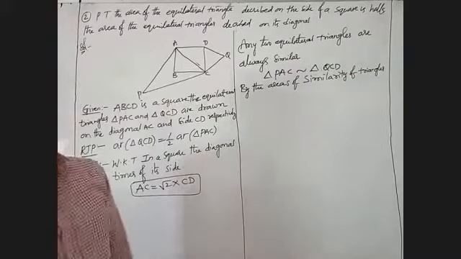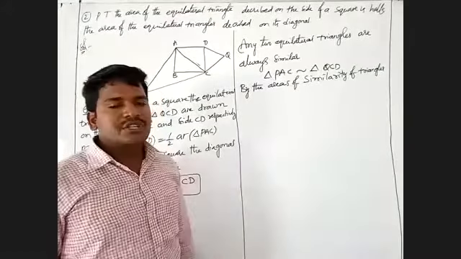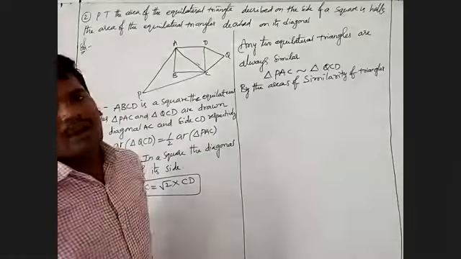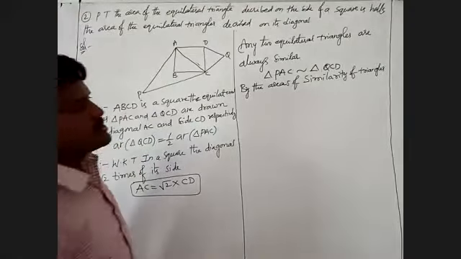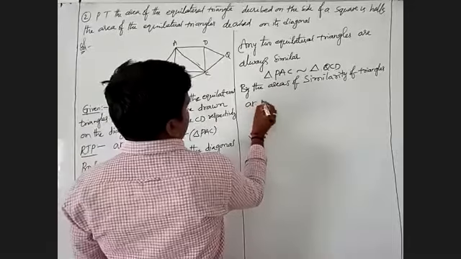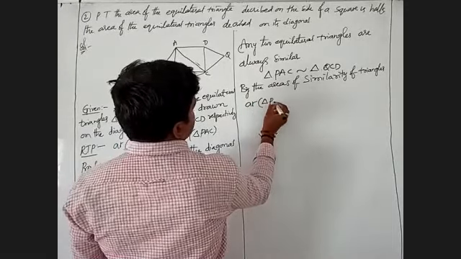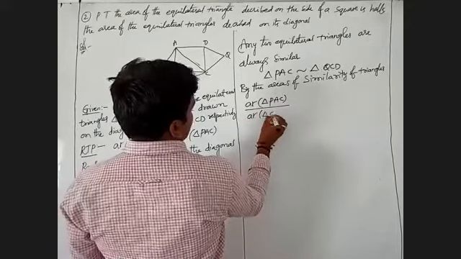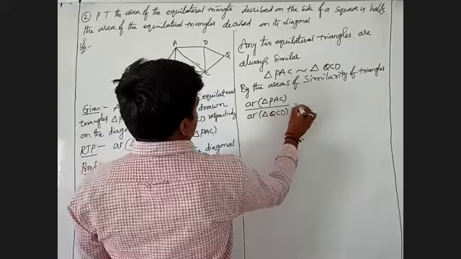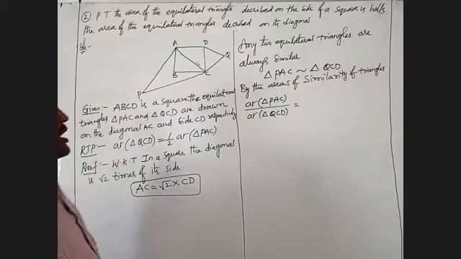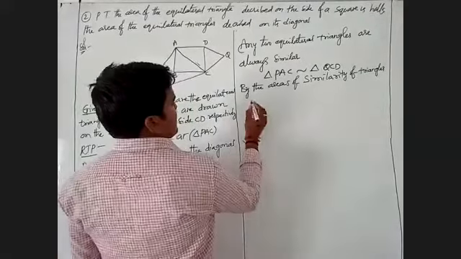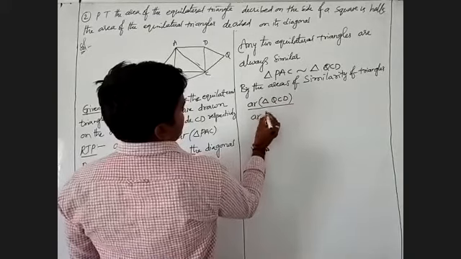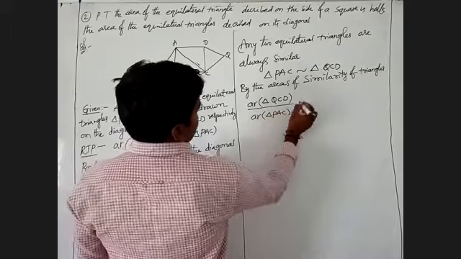The ratio of areas of two similar triangles is equal to the ratio of squares of their corresponding sides. That I will write: area of triangle PAC by area of triangle QCD. Taking the reciprocal, area of triangle QCD by area of triangle PAC. That must be written as